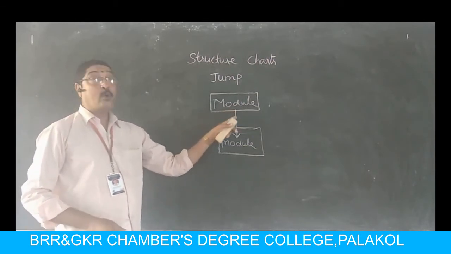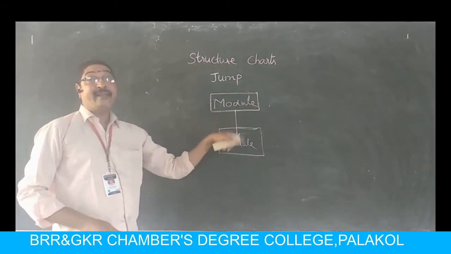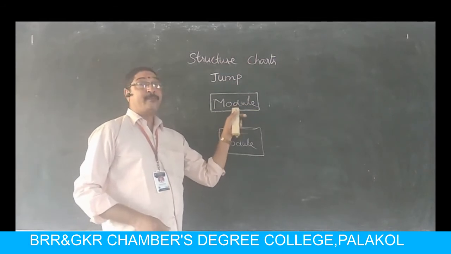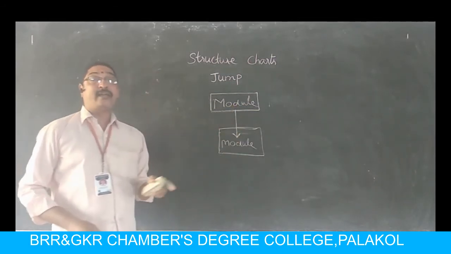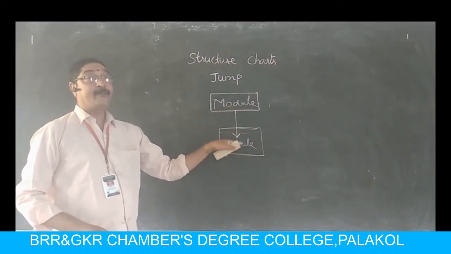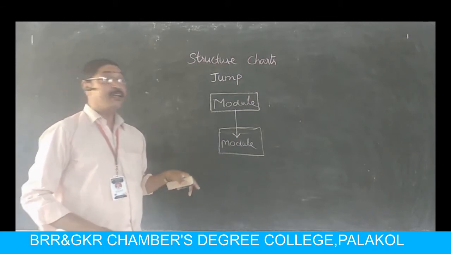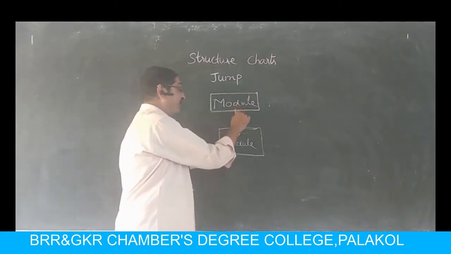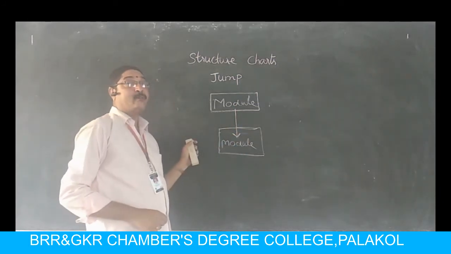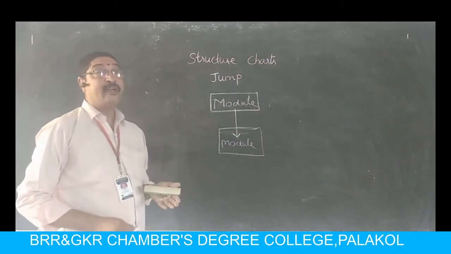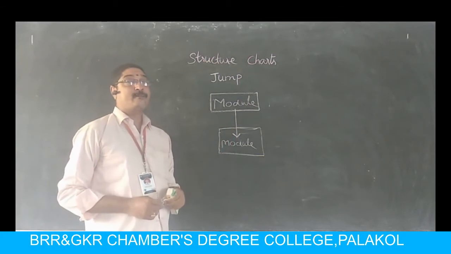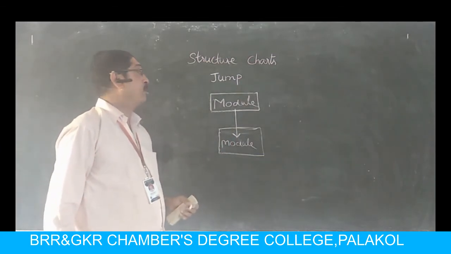An arrow pointing inside the module depicts that the control moves from this module to this module directly. The control jumps from this module to this module directly. So it will be explained by using the arrow directly into the middle of the rectangle. So this is called a jump module. Jump module can be explained like this. It can be drawn like this. Please study this diagram also.